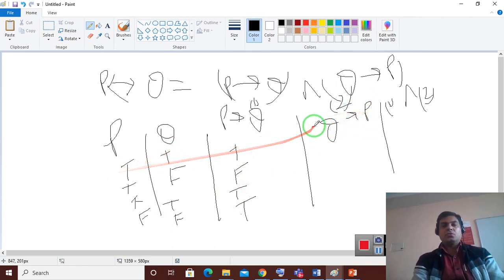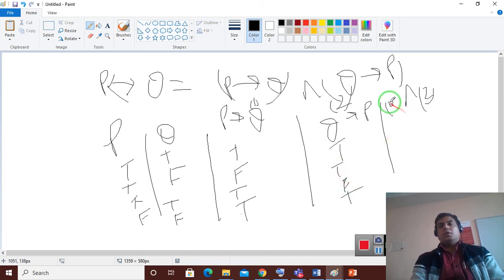Q conditional P depends on P. Both true, true, then it will depend on P, that is true and false. Then find the conjunction of 1 and 2.